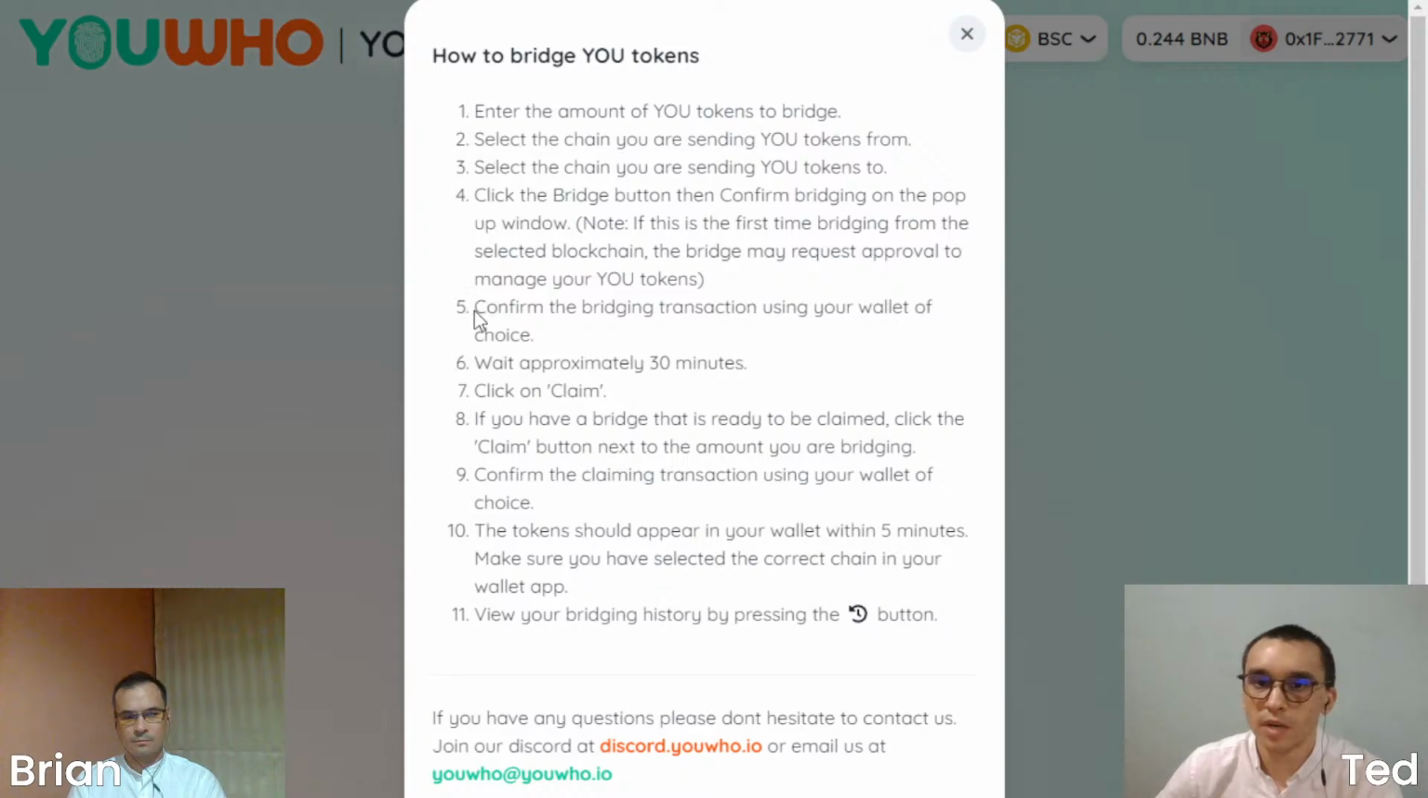So once you confirm the bridge, the transaction will show up in your transaction history. Then wait approximately 30 minutes, which is the cooldown period, and then you will be able to click claim, which I'll show you in a second. If you have a bridge that's ready to be claimed, you can click the claim button, and then you'll be able to see the transaction pop up in the block explorer on the side of the bridge